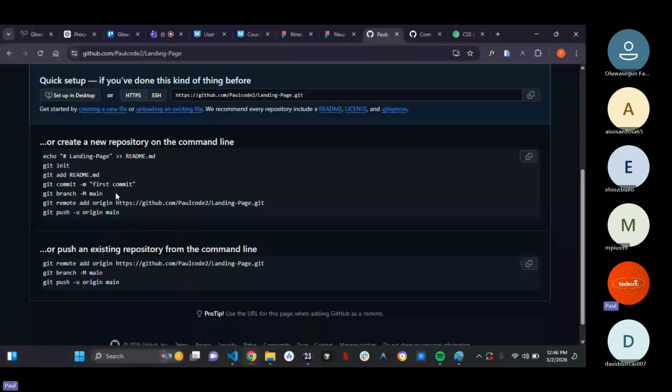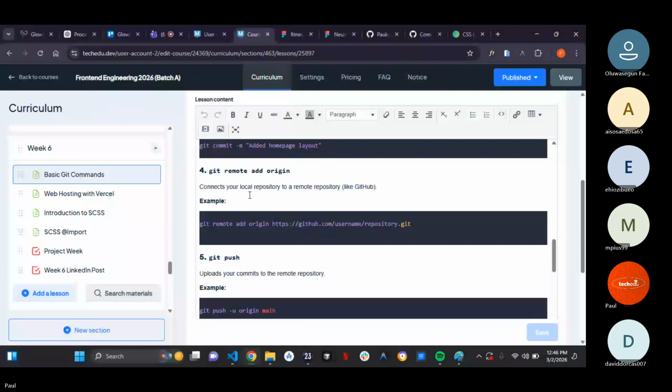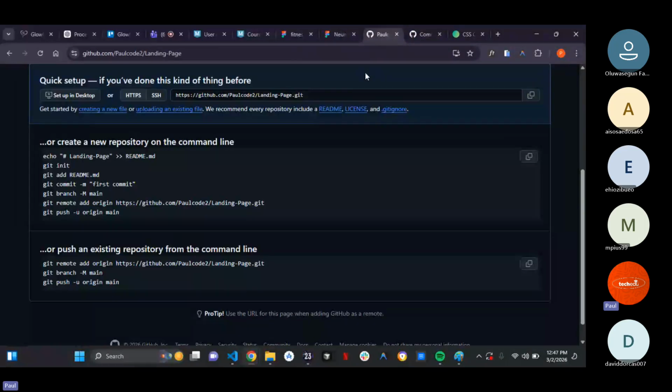We'll talk about Git branch, right? Let us leave Git remote add origin first. We'll talk about Git branch. What is Git branch? So one thing that you need to know again is